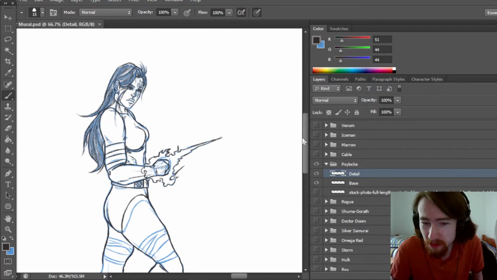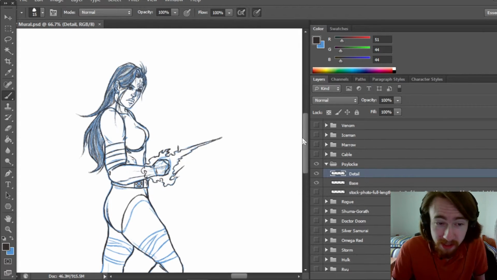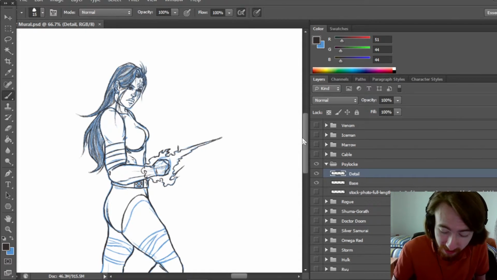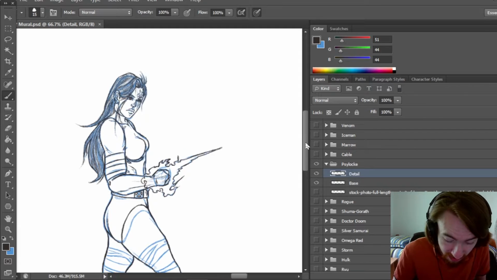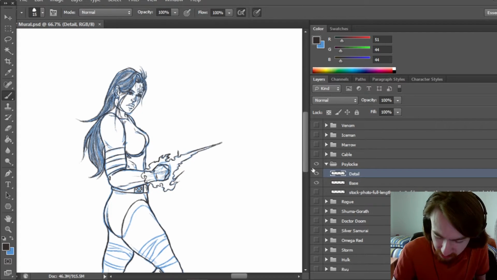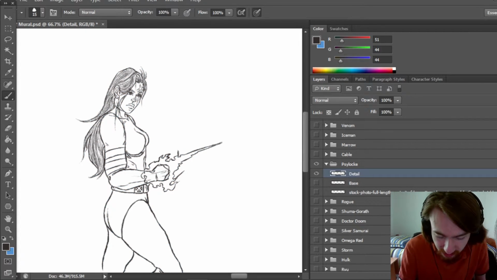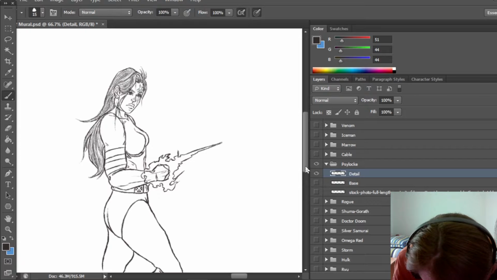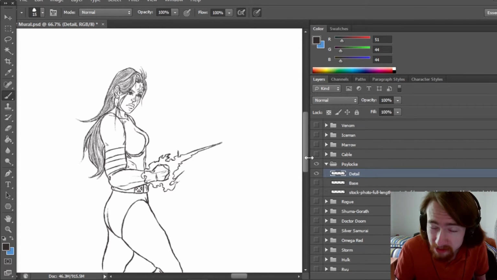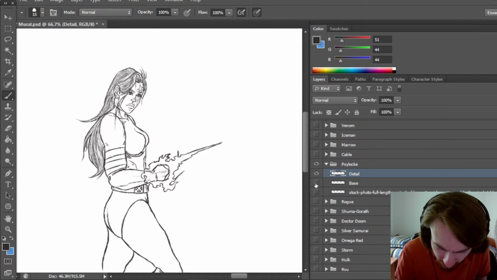I don't know what it was about whenever I did this batch of base sketches, but maybe I was just having a day or something, because for whatever reason some of the faces were a bit weird. You can see it looks a lot better now that the inks are in. It just looked kind of strange before. I don't know what I was doing, but it's a lot better now at least. It's not as strange looking now. But yeah, I'll carry on.